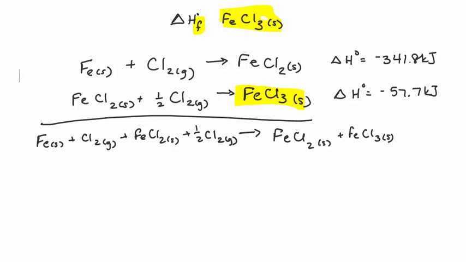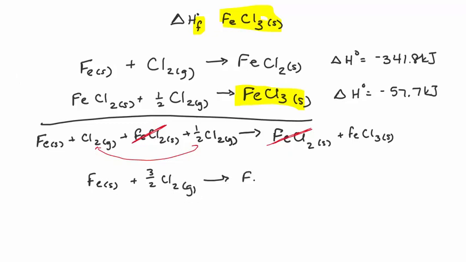Now, if I cross out my like terms, reactants and products, I have FeCl2 solid on the product side, and I have one on the reactant side, so I can cross those out. Then I'm going to combine these, and what I'm left with is solid iron and 3/2 moles of chlorine gas